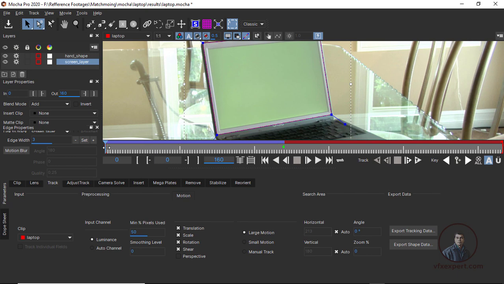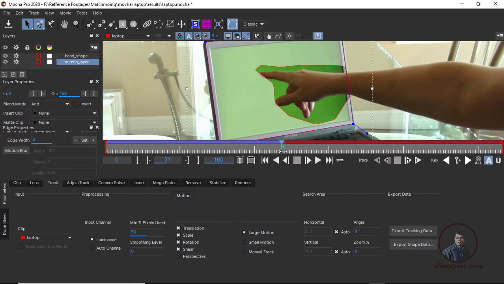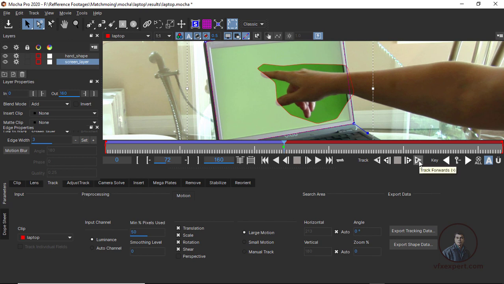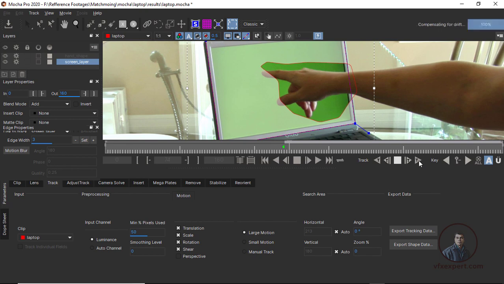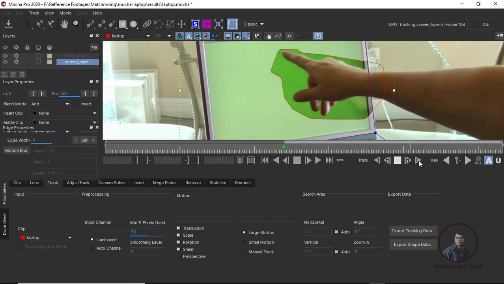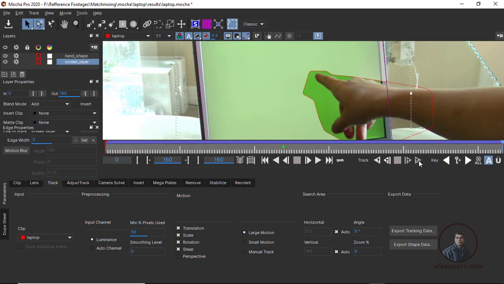After this, move your CTI to the keyframe. Now from here you have to track forward, then simply click on forward. Now you will see your screens layer has tracked successfully.